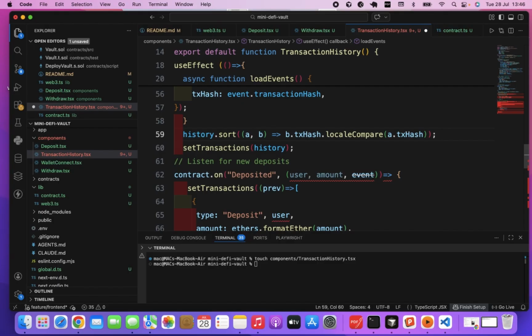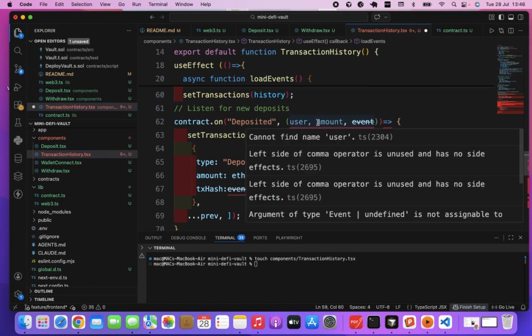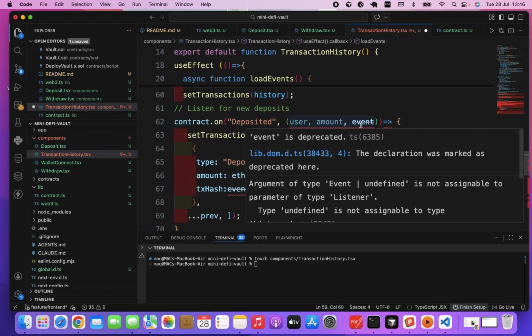Code break here will be in this place. Now we set transaction history, then we listen to deposits, then contract dot on deposited, then after deposited we'll pass this as argument user amount and